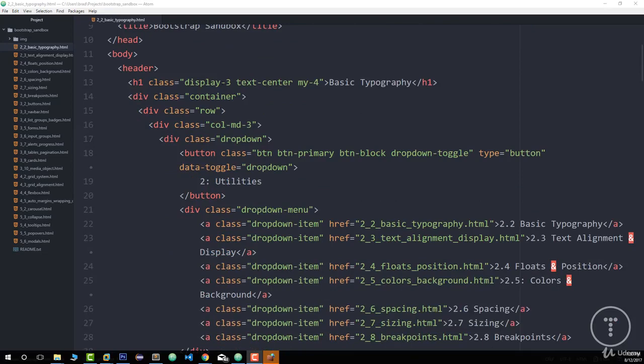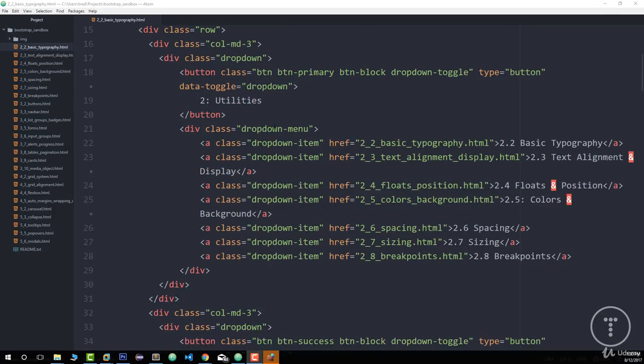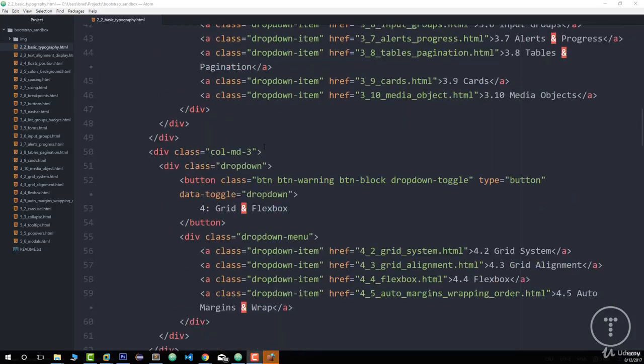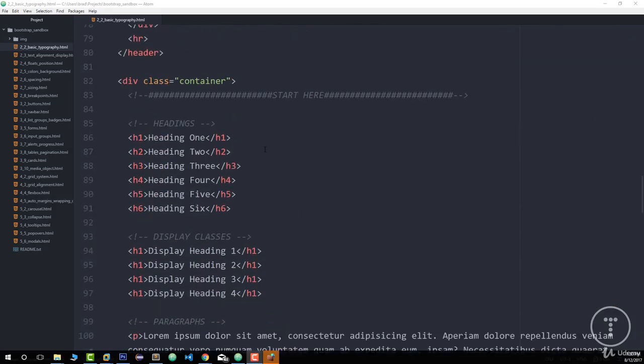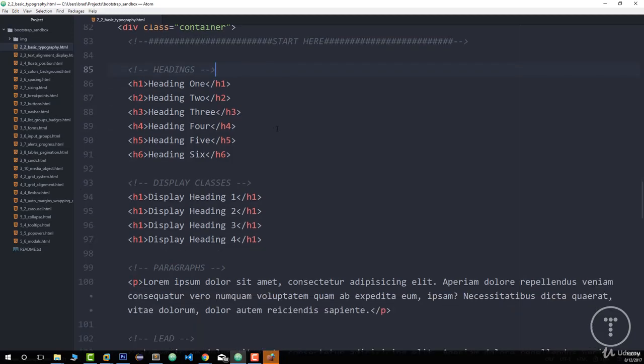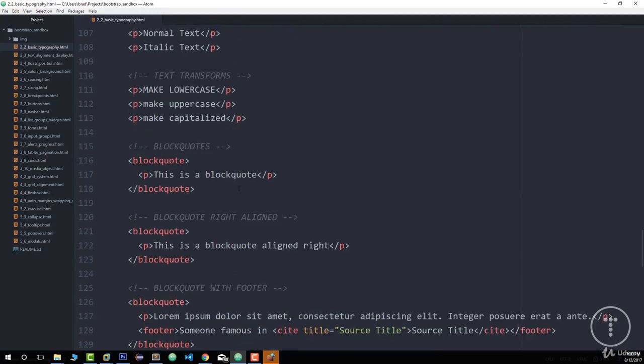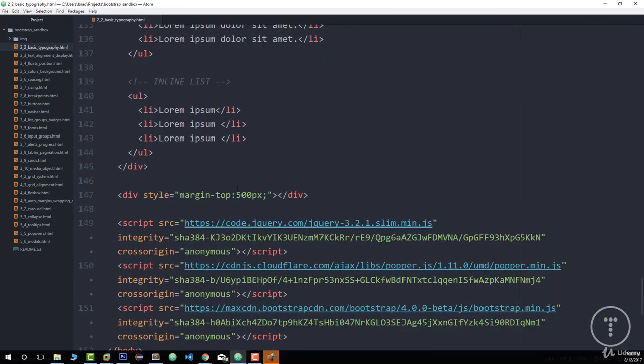Now, if we look down here in the header, this is where we have all the drop downs for the different sections. You don't have to worry about any of this at all. If we keep scrolling down, you'll see right here we have this comment that says start here. So for every single lecture that we go to, you're going to have this start here area, and that's obviously where we're going to start the lecture. Okay, so we'll go through, we'll add the heading classes, for instance, the paragraph classes, all the helpers and utilities,